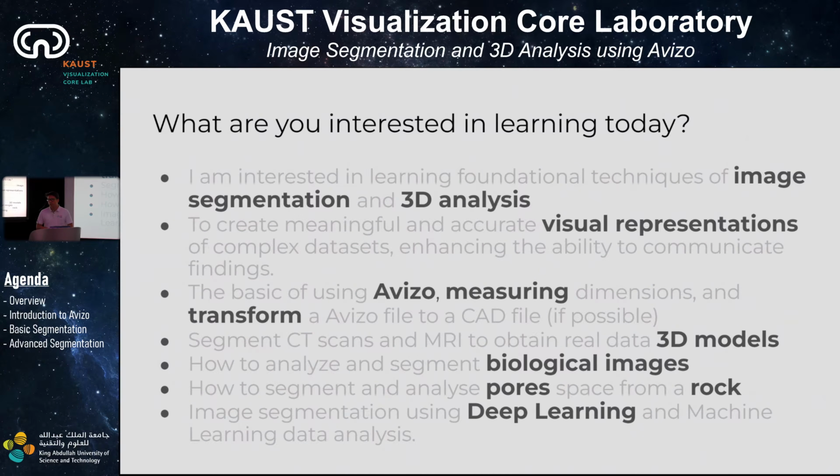We're going to use Avizo. We're going to measure stuff. We're going to transform or convert your data from image to something else, let's say a 3D model, or your analysis converted into a CSV file that you can use for something else. We're going to work with biological images, so biological samples, but also non-biological. So we have rocks,